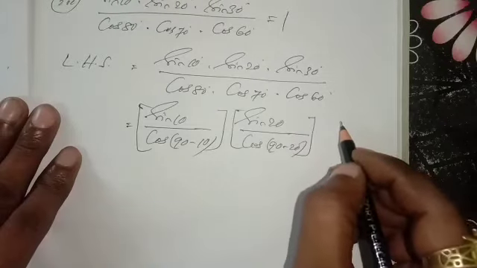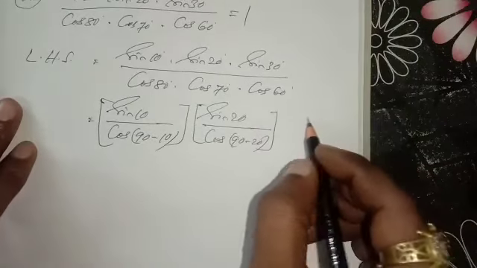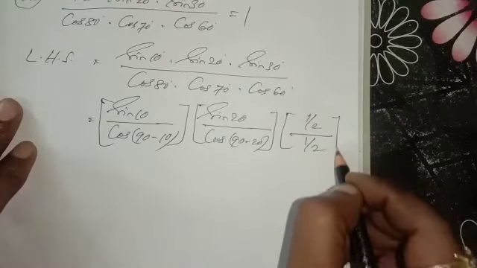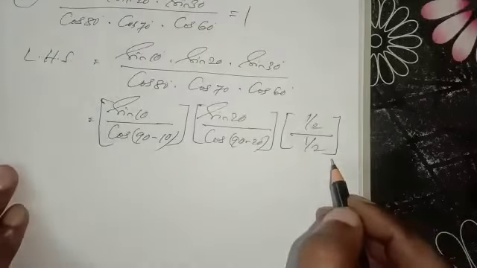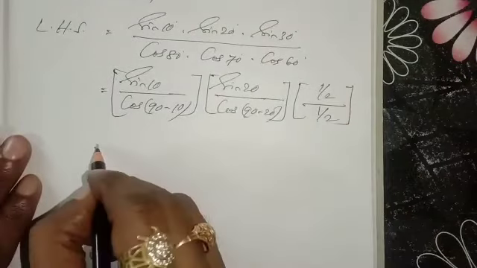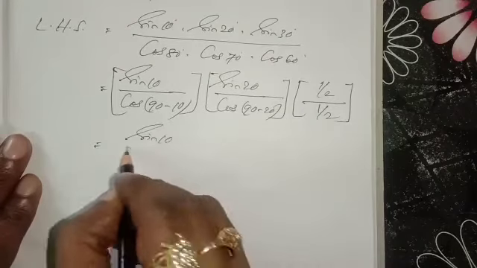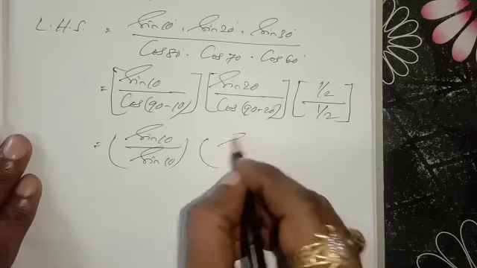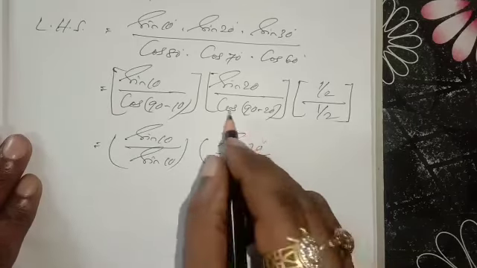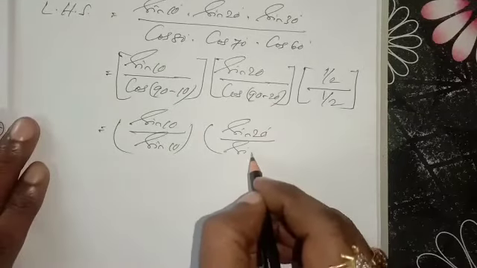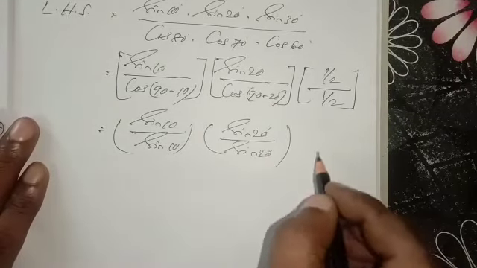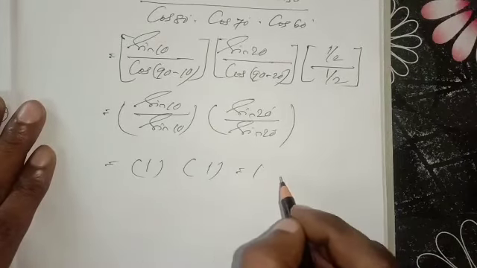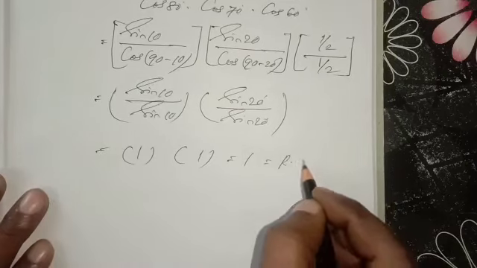And here, sin 30 is how much? Sin 30 is a trigonometrical table value. Sin 30 is 1 by 2 and cos 60 is also 1 by 2. Make another group. This will cancel. It is coming sin 10 degree over cos 90 minus theta, that is sin theta, that means sin 10 degree. And here sin 20 degree over cos 90 minus 20, cos 90 minus theta is sin, that means sin 20 degree. And it cancels, this also cancels, here also cancel. 1 into 1, how much? 1, which is equal to the right hand side.